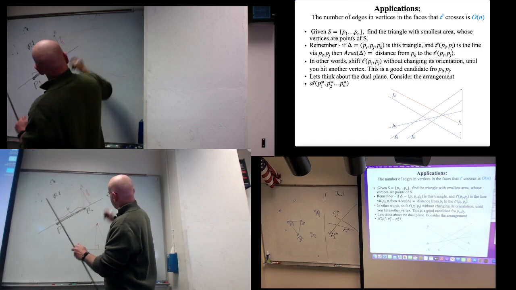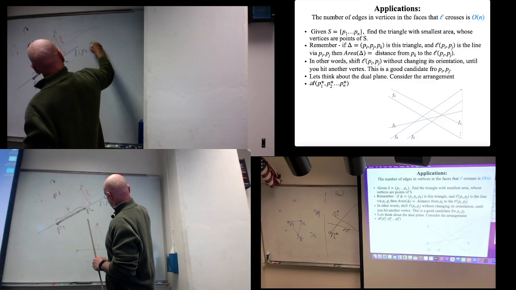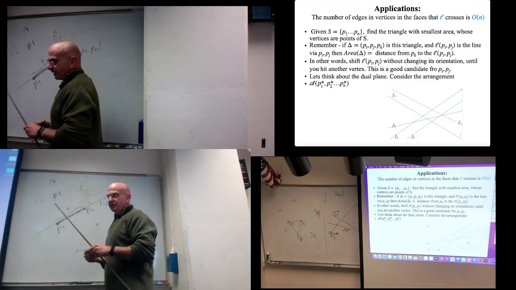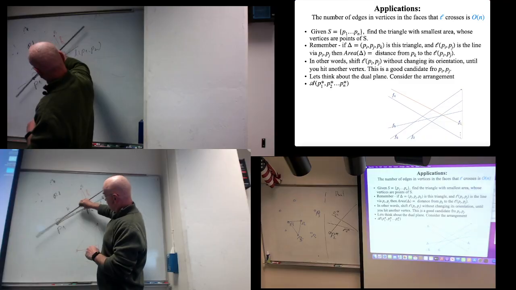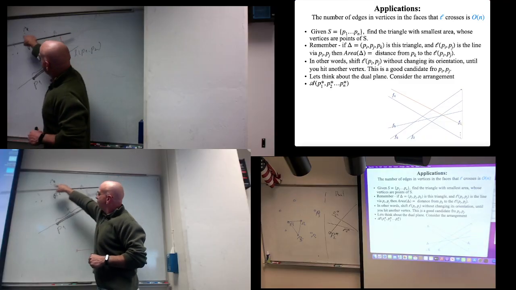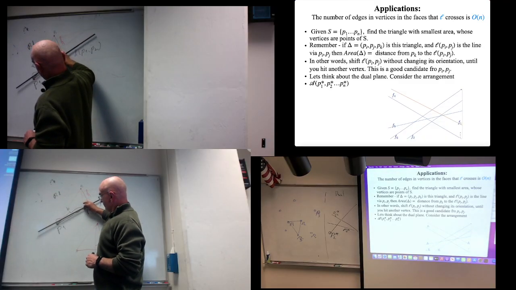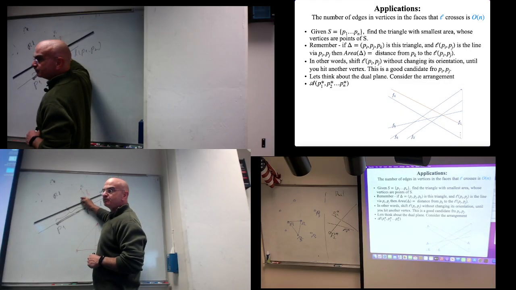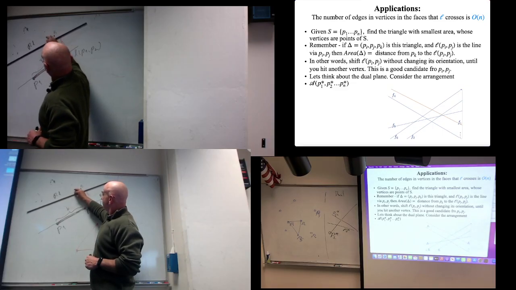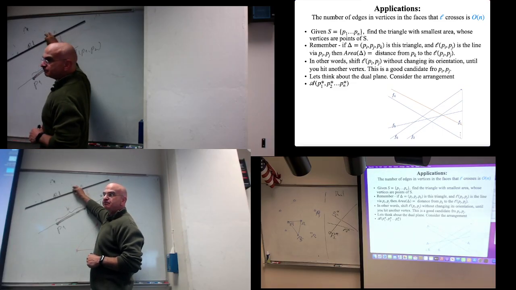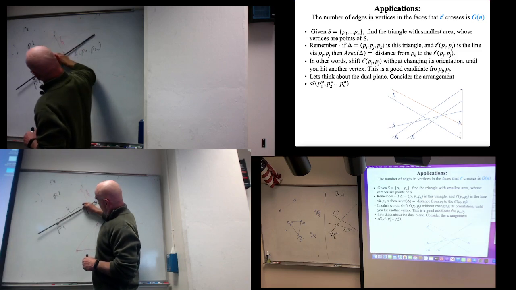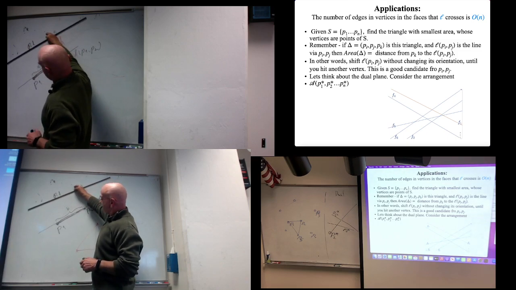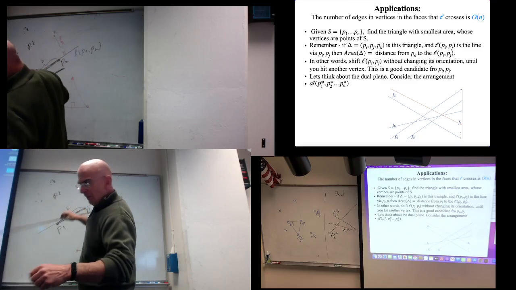In the slide, I called it L of P1, P2. If the third vertex is somewhere above this line, then which one of all these points will it be? All I need to do is slide the line without changing its orientation. Slide this line until you hit the first point. Right? Until you hit the first point. Slide the line, again without changing its orientation, until you hit the first point. Why? Because